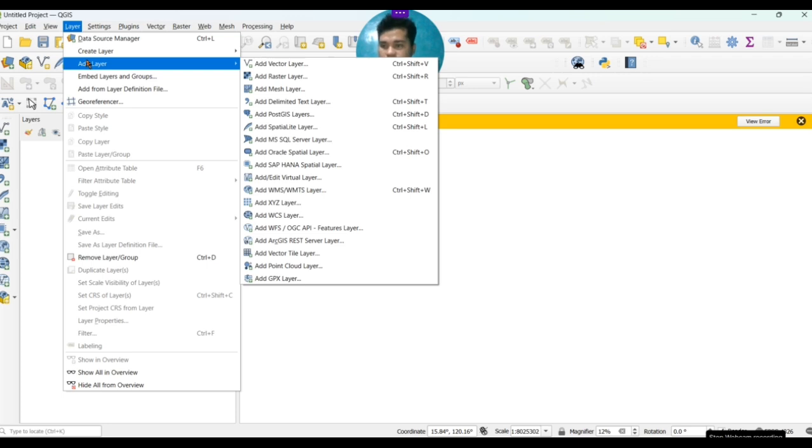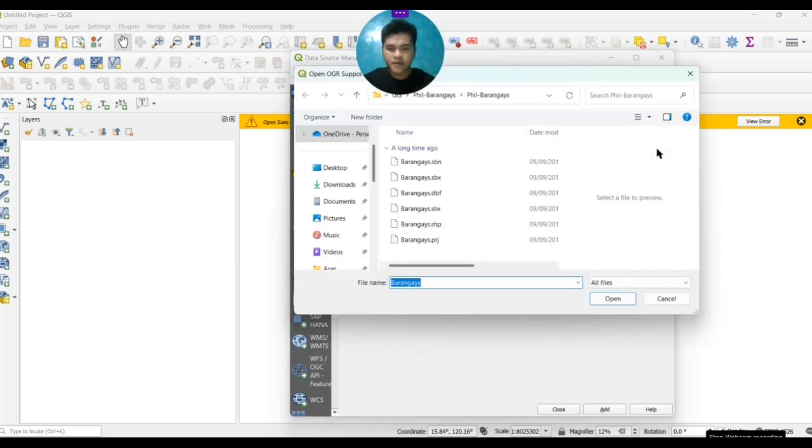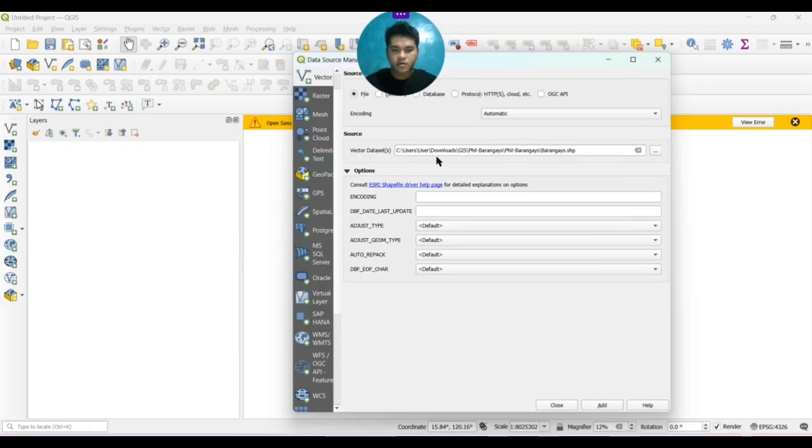Here we click Add Layer, Add Vector Layer, click that one, and there's another tab here. Then you will click the vector database. Click that, and then first you will be here. Just click the vector data sets.